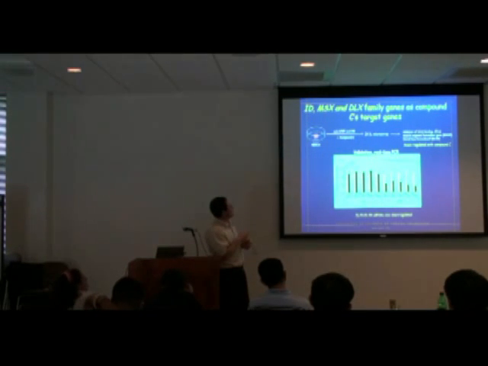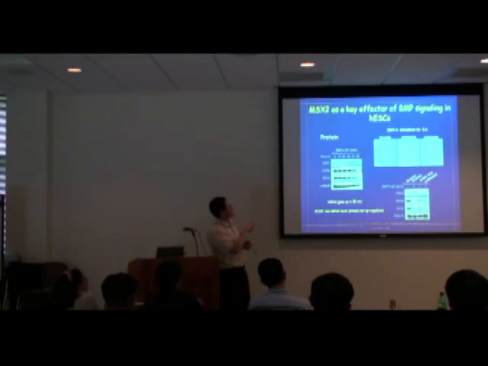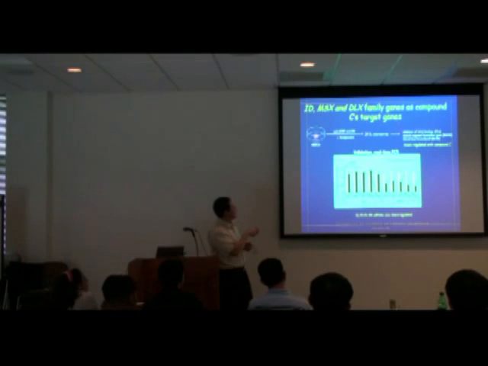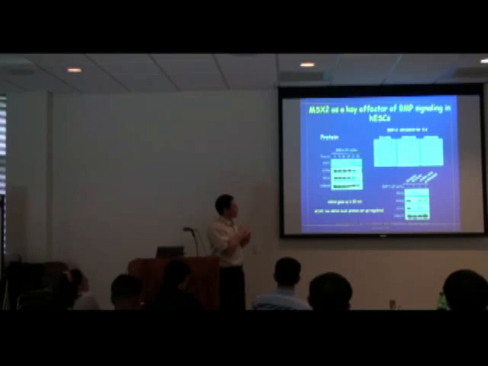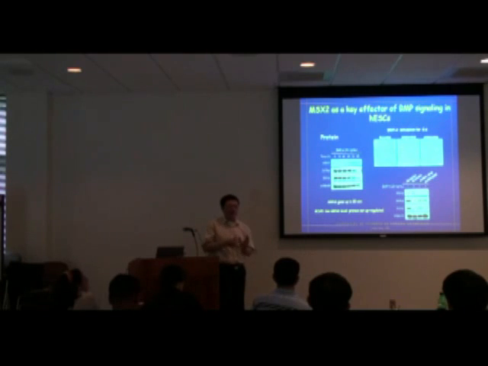One of them is actually MSX2. This turned out to be a very important gene. It's called muscle segment homeobox gene. Again, the detail is not important. But by using this approach, we were able to identify MSX2 as a key factor of BMP signaling in ES cells. Just by using this combination approach, you can really achieve a better understanding of how ES cells work, and you can also essentially use this chemical compound for your own benefit. That really is the bottom line I wanted to deliver here.